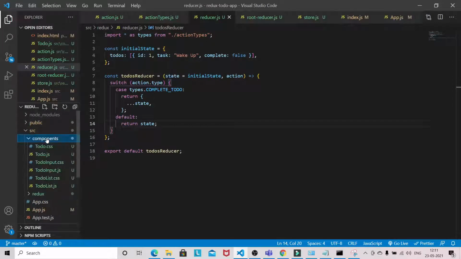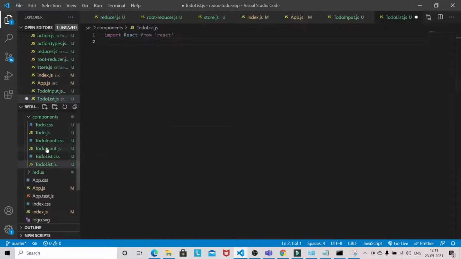Let's come to building the component. So we'll be working on this todo input first initially. This is the first component that we are going to work on.